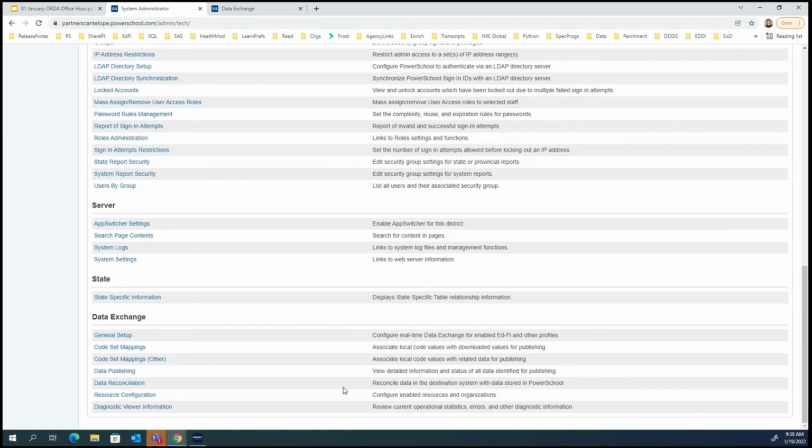For sure. And would you all recommend that they also wait to try publishing, or to go ahead and try that and see how it goes without the mapping? The code set mapping? Go ahead, Josh. Without the code set mapping, they will have errors coming through.